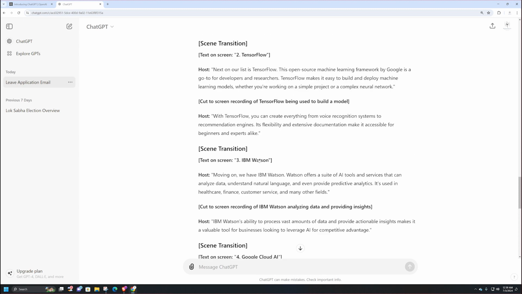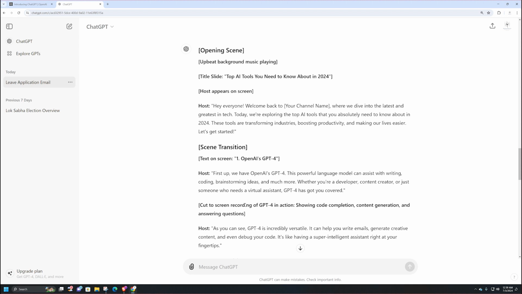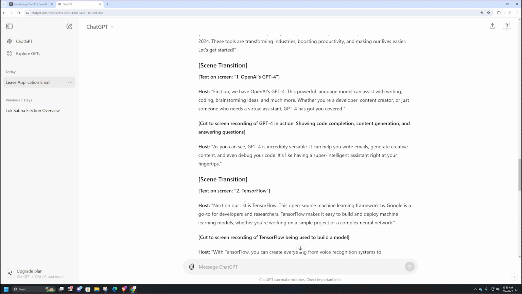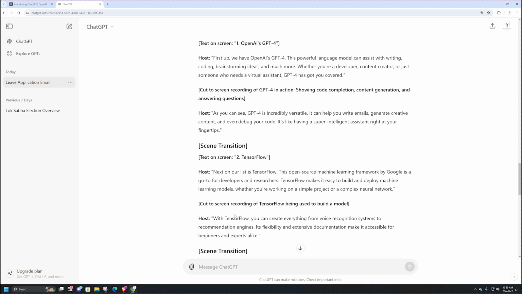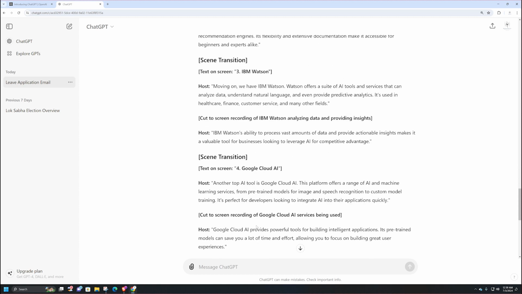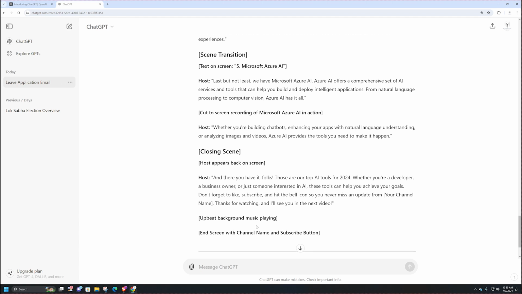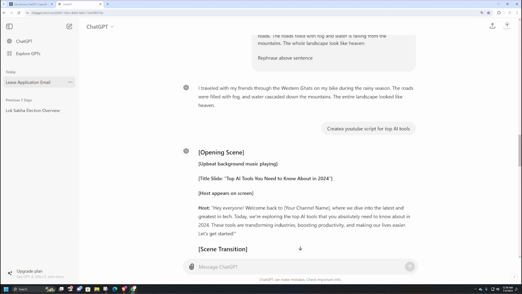So you can see, finally, the script has been generated. It gives the opening scene, some background music, a text animation and a voiceover. Okay, so in this way you can see all these things. See, it started from its own OpenAI GPT-4, and there are some other AI tools also mentioned over here. You can check it over here. So like this, you can generate your own script also, and you can also write some stories over here,